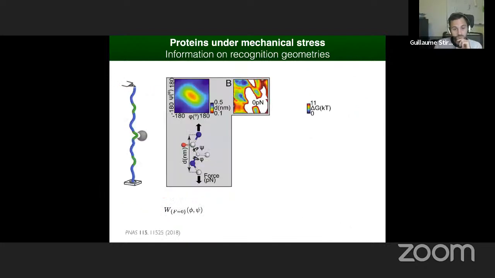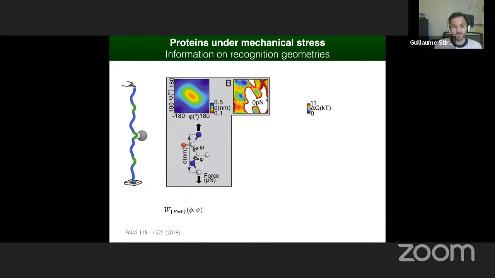And this is something that we later extended to another protein, which is now a protease. So the protease here is a small Pac-Man on the left-hand side, which is cutting a protein which is extended upon force. And we went a bit further by trying to write some numerical model able to predict the force dependency of this cleavage rate. And so to do that, we write the potential of mean force at a given force as being the potential of mean force along this backbone dihedral angles phi, psi. So it's in panel B. This is the potential of mean force in the absence of force. And this we can get with